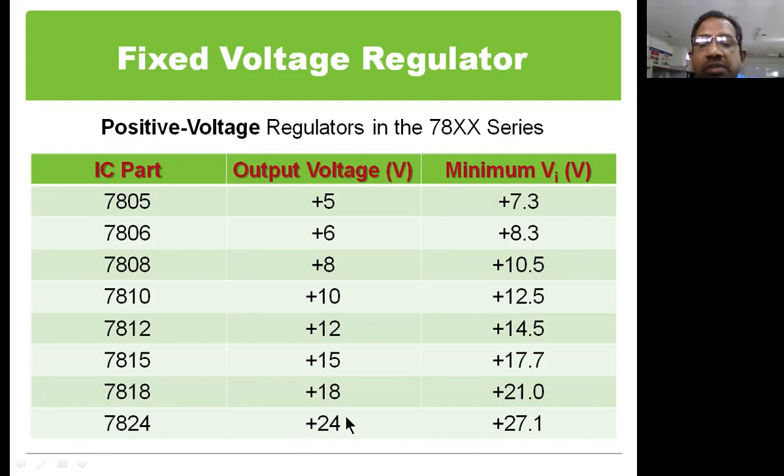With this, we have completed the discussion on voltage regulators, which is the last block in the power supply unit. Put together, a transformer, a rectifier with filter, and a regulator make a power supply unit. Using the power supply unit, we provide a constant DC voltage to the output circuit.